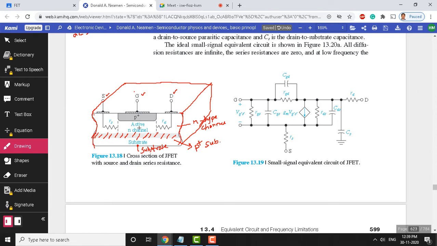That's a cross section here, and for that we have attached various terminals: source, gate and drain. Now for this we are going to develop an equivalent circuit which you are seeing adjacent to this. There are resistances we have shown here. Rs is a resistance between gate and source. Rd is a drain resistance between D and G. You can observe all resistances are shown in small letters. The reason is that when we show resistance with a small r, it represents an element internal to the device.